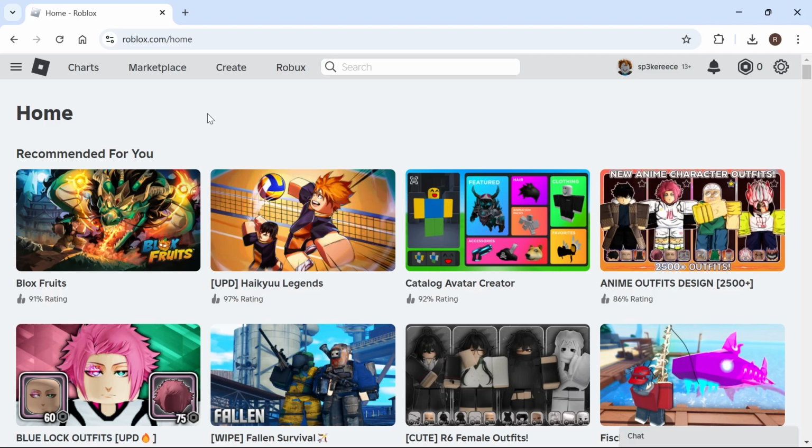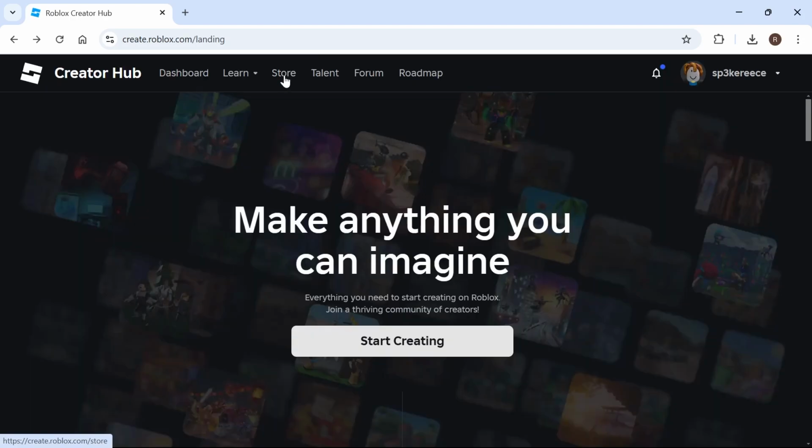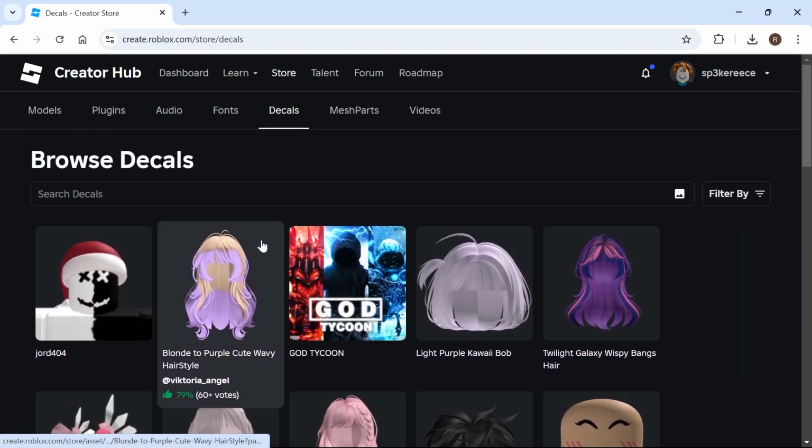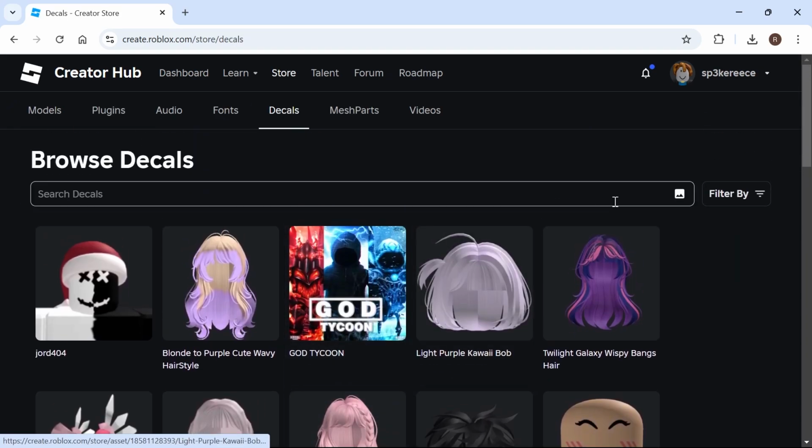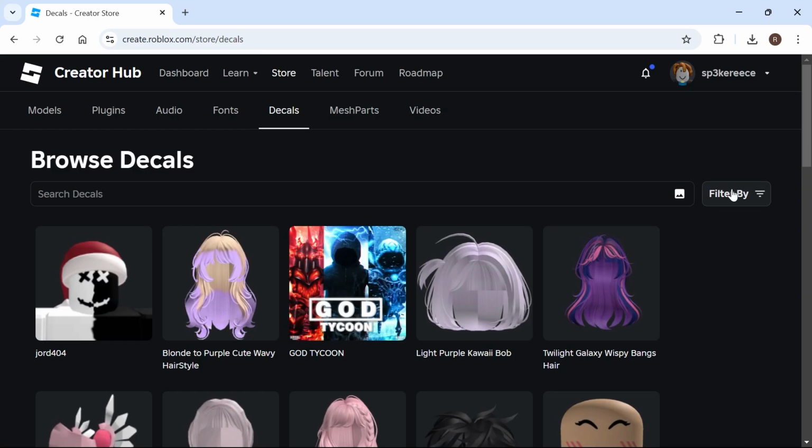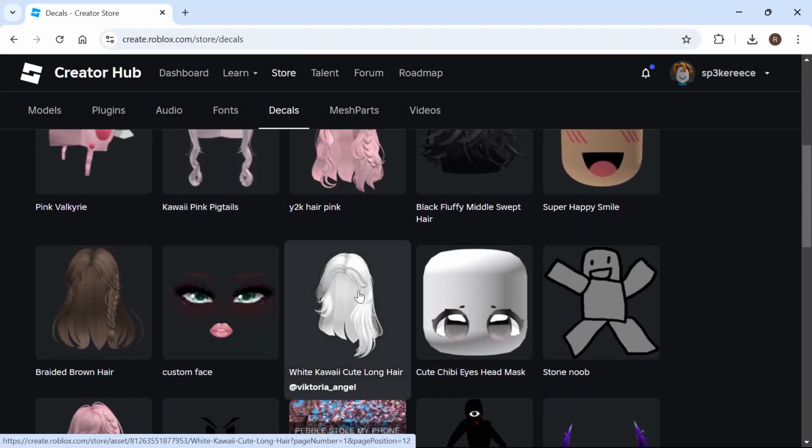Now, once you're logged into your Roblox account, click on Create in the top navigation. In the top navigation, click on Store. Now, from here, you can see a bunch of different decals and images that we can choose from. You can also filter these by clicking this button here. So just select an image from here that you want to find the decal ID number of, and then once